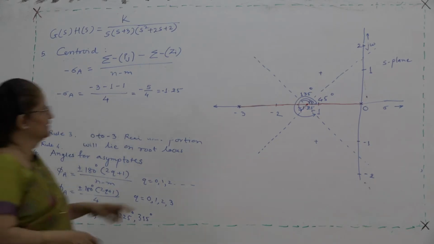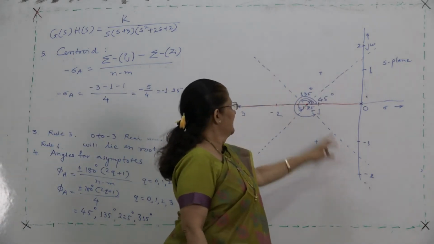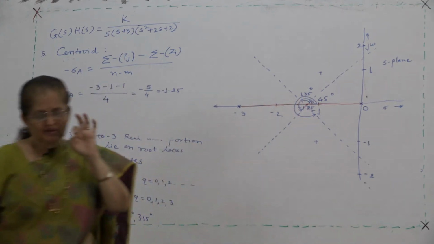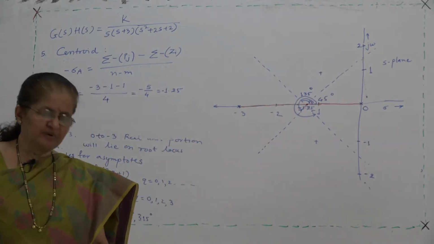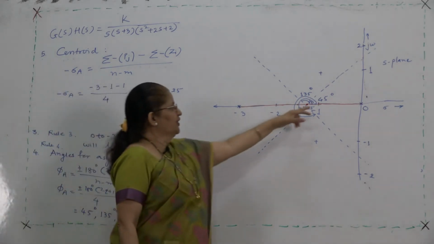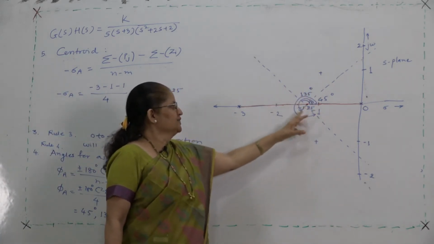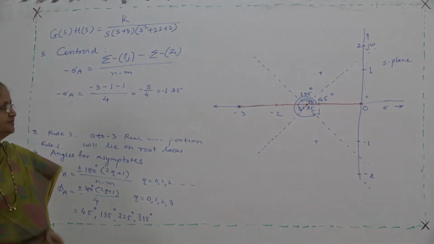Whatever I have drawn here, the dotted lines are the asymptotes, and this I have shown here just for your understanding. On the graph paper you draw faint lines. So, at what angle you are drawing this asymptote? All the 4 asymptotes that I have shown here. So, draw faint lines on your graph paper.